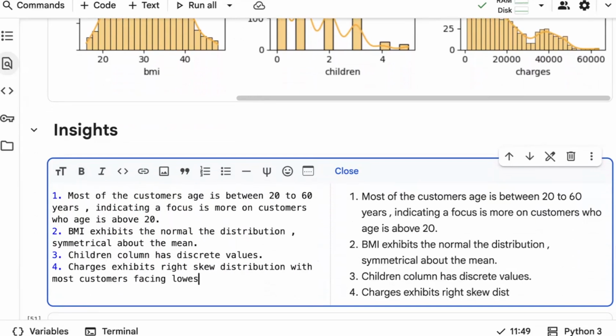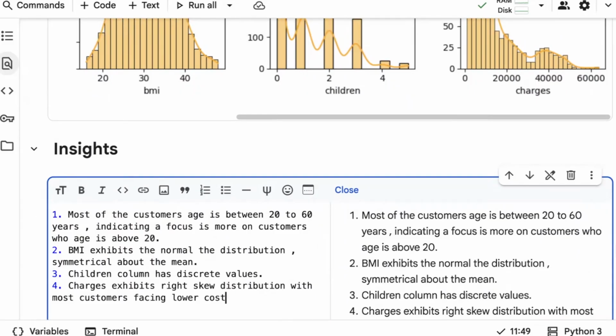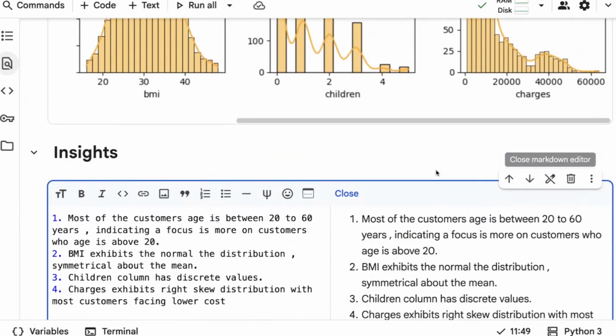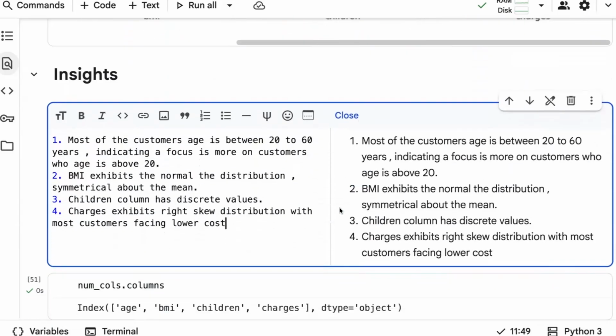You could see a lot of customers are getting lower insurance cost itself. Maximum people lie within this range only, 0 to 20,000, minimal cost. So probably we might have more people with less age. Less age means obviously the chance of the insurance cost will also be less. Higher the age, the insurance cost will also increase, right? That's the one understanding you can get from that charges distribution.